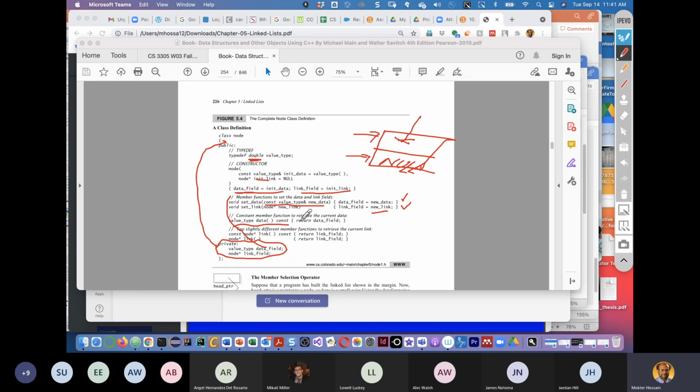Okay, so this is a general structure of the node class. The node class is the main element in a linked list. Once you create a node class, then using this node class, you can create as many node objects as you need. So for instance,